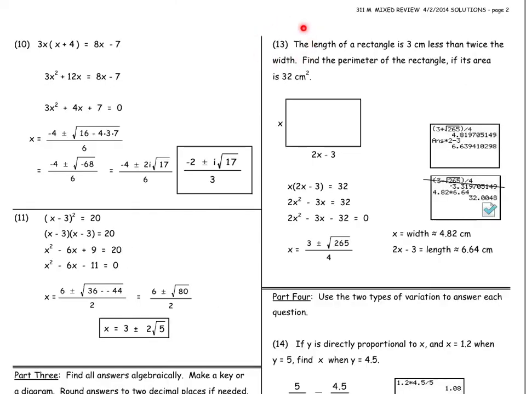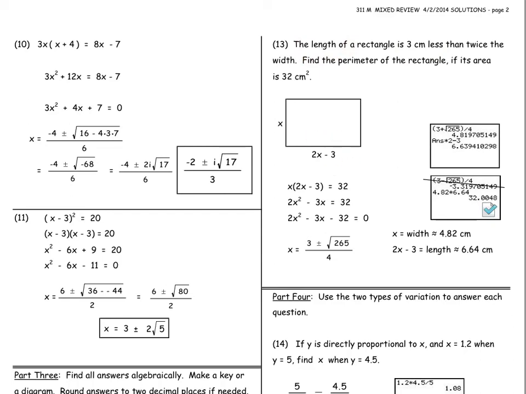Because in problem number 13, they talked about a rectangle, I stopped and drew a rectangle first. Then it said that the length, mentioned first, was 3 centimeters less than twice the width, mentioned last. So again, I made the width x. Then I doubled it, working backwards from the width. I doubled it, I took 3 away, and I got the length, which is why I wrote 2x minus 3